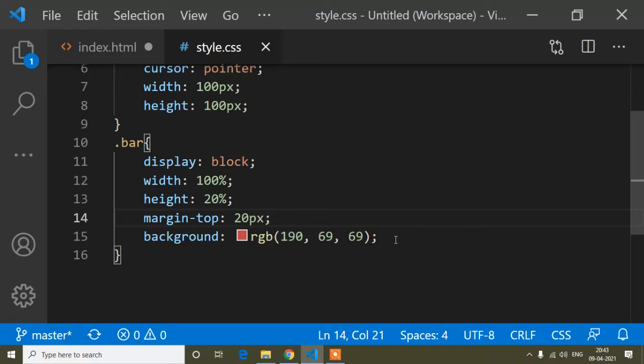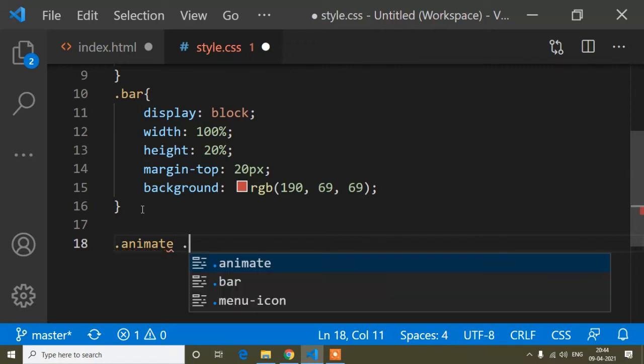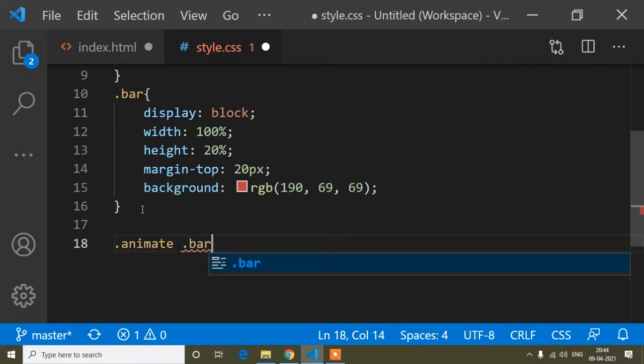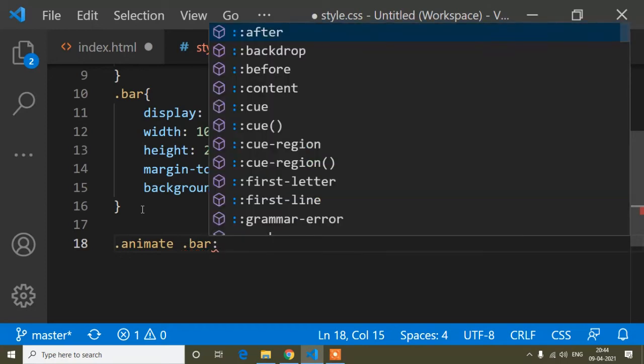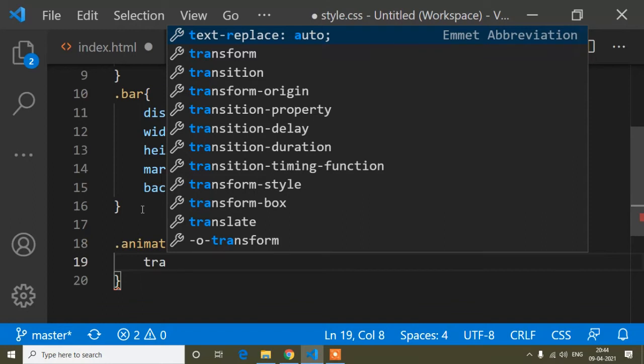Okay, and now I will add some animation. So dot animate, dot bar, dot nth child 1. First of all I will write it and then I will explain.